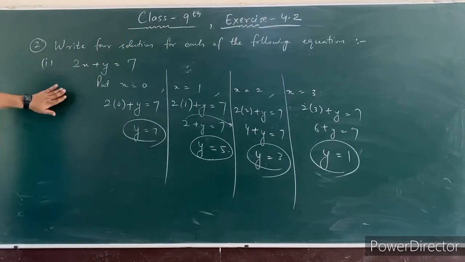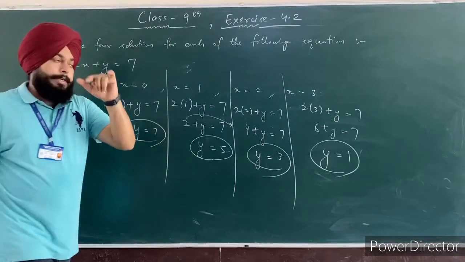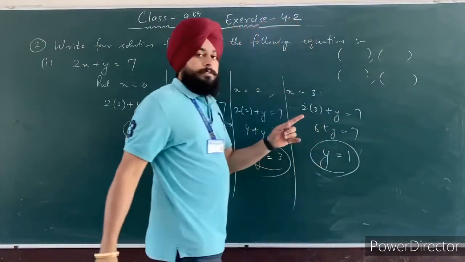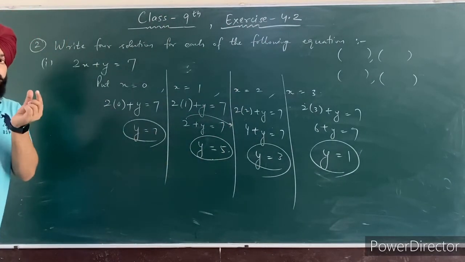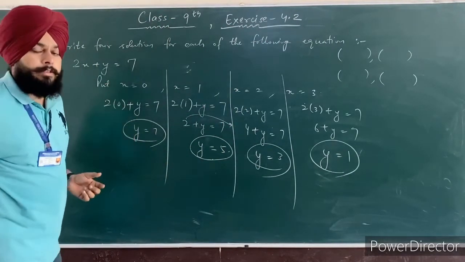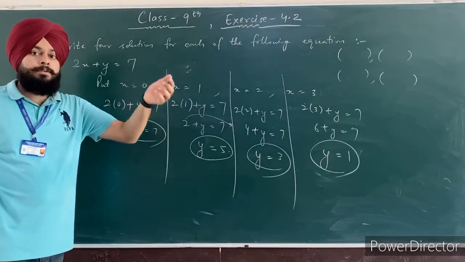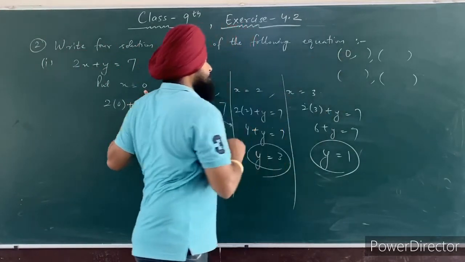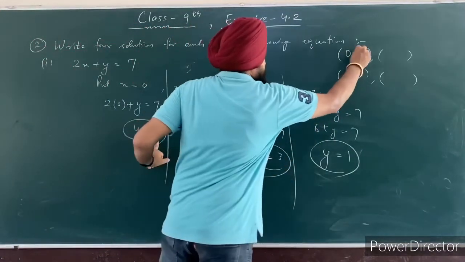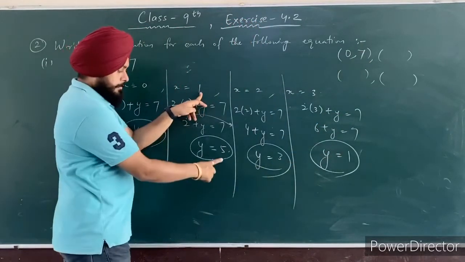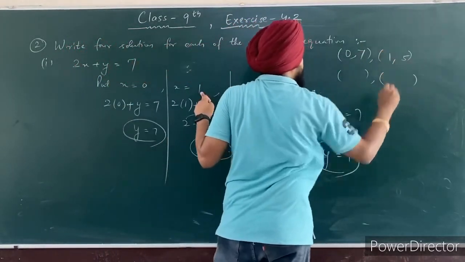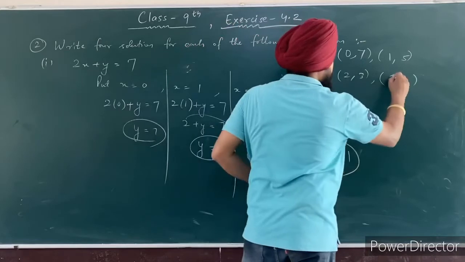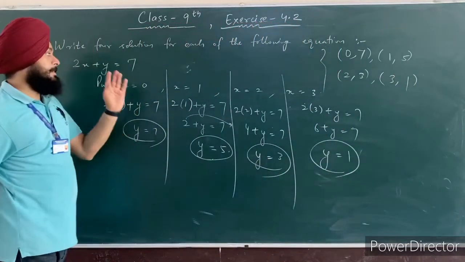And you always know that solutions are written in open brackets. तो सी हमेशा solutions को open brackets में लिखो, ठीक है? First you write the value of x, then the value of y. तो first value हमेशा x की लिखोगे और second value y की, ठीक है? So the first value of x is 0, and the corresponding value of y is 7. The second solution is 1, 5. The next solution is 2, 3, and the last solution is 3, 1. So these are the 4 solutions of this linear equation.